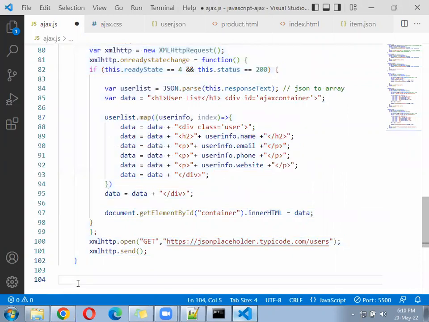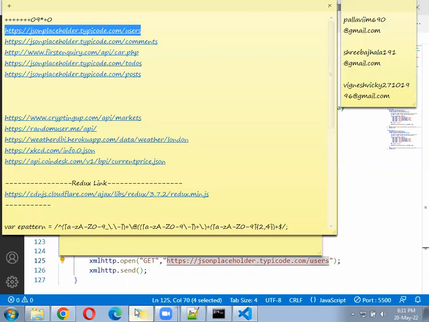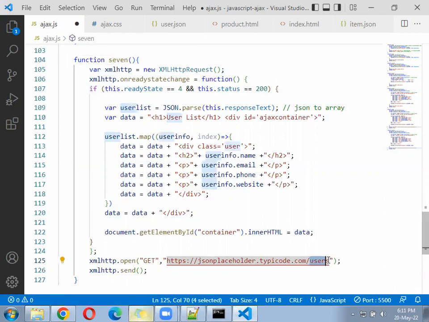Function 7. Function 7 will be here, comment or comments. It should be another URL called comments. Comments. Now from there, whatever data comes,